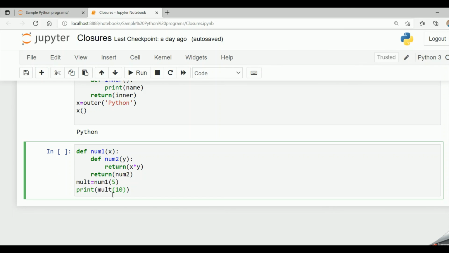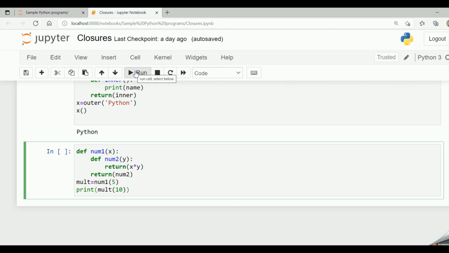But what we have to remember here is the inner function is remembering the value of x which is the enclosing function variable. Even though the enclosing function has stopped execution, it still remembers its variable and it prints 50 on the console. So this is the beauty of closures in Python programming language.